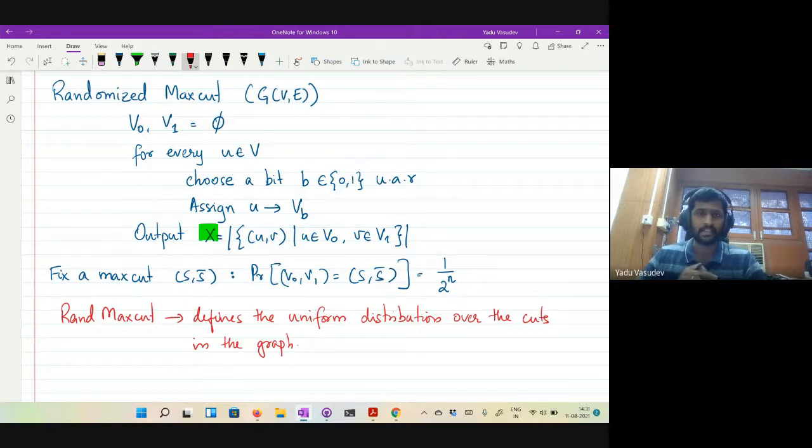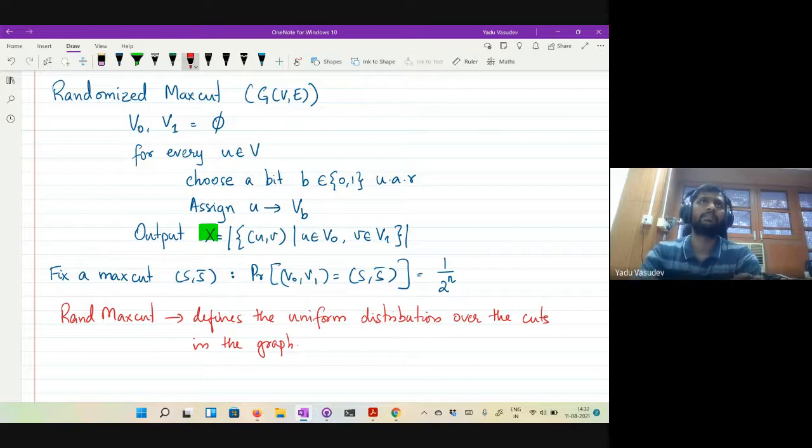Because it is possible that there is exactly one max cut in the graph, and the uniform distribution over the entire set of cuts would mean that this cut is going to be sampled with probability just 1 over 2 power n, and therefore you're very unlikely to see this cut unless you repeat this for 2 power n steps. Can you think of a graph which has exactly one max cut?